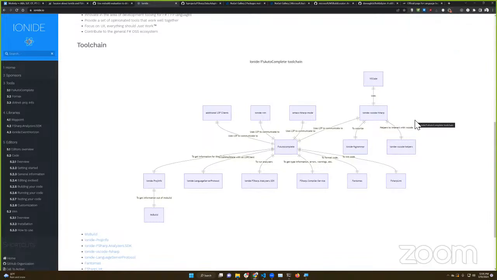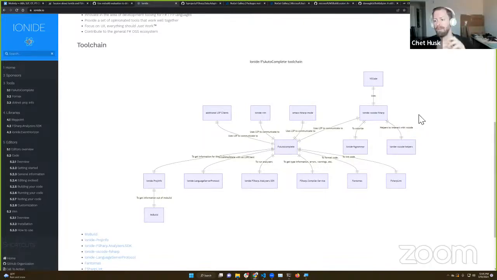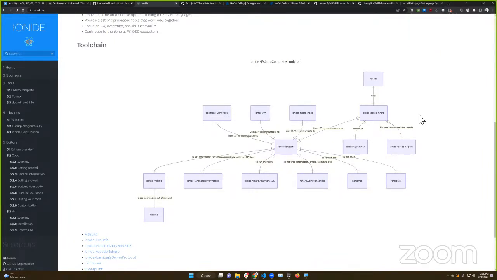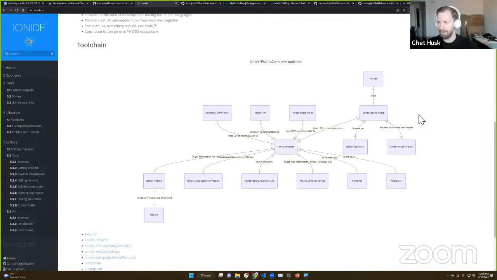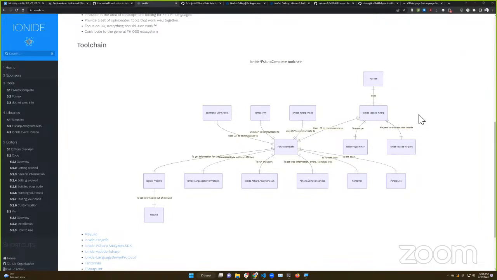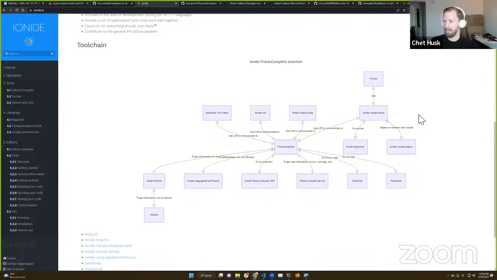There's a portion of Ionide that is entirely around configuring a VS Code language client structure with configuration about how to find and launch FS Autocomplete. And once you do that, everything LSP is out of the picture. You no longer have to care about it. Everything else in Ionide is binding to specific VS Code APIs to get some benefit out of it.